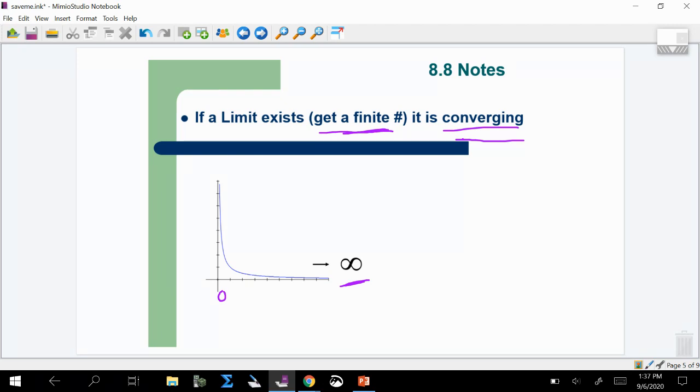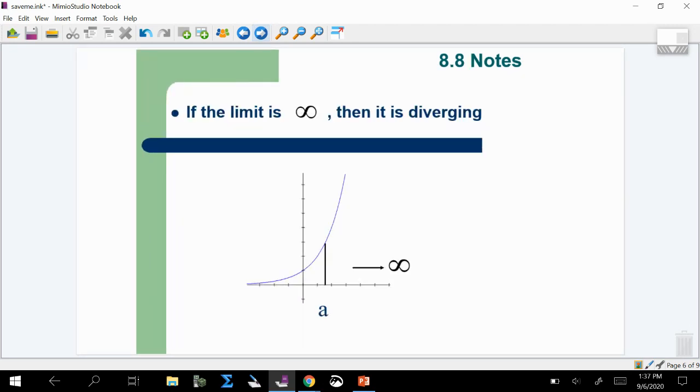Some of your problems will ask you to describe what type of improper integral it is. When they ask the type, they're asking, is it a converging, or the second option, is it a diverging improper integral? A diverging improper integral means that your answer, your limit, is getting really, really big, going to infinity, or it can even be getting really, really small, going to negative infinity. Here's what this means. This means that if I evaluate my limit, so let's say this is my function, some curve here,